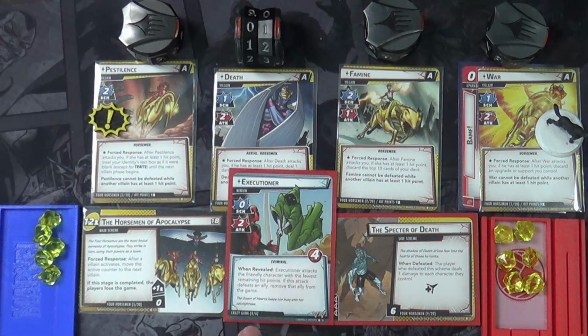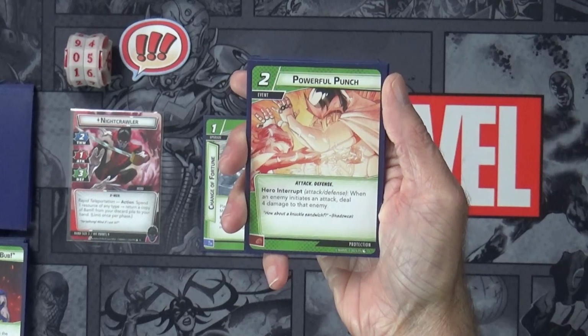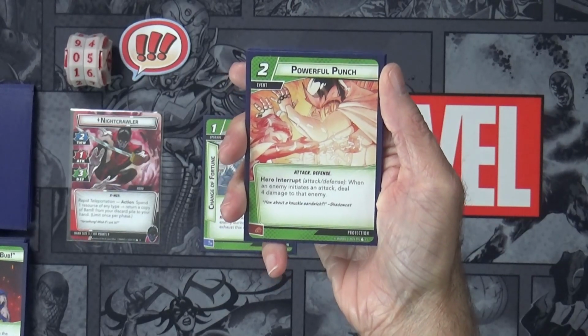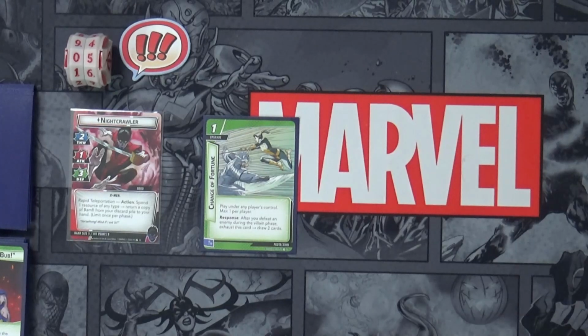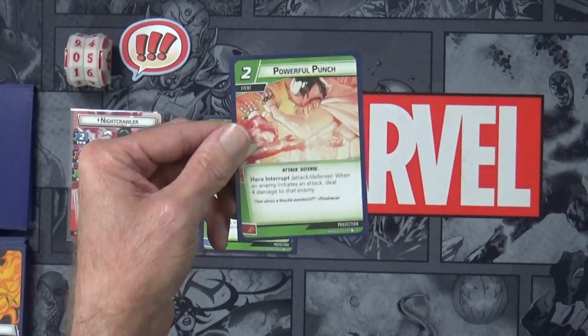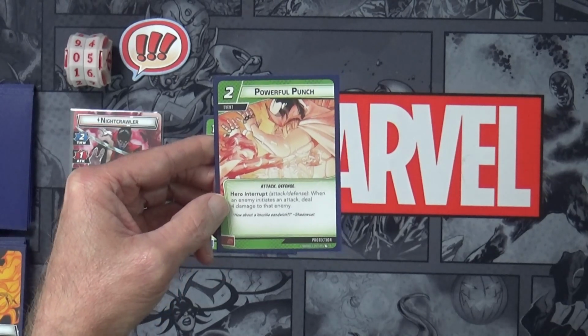So Executioner is going to attack me now. I'm going to play Powerful Punch here. It says, as a hero interrupt, when an enemy initiates an attack, he's initiating an attack against me, deal 4 damage to that enemy. So we're going to pay for that with this. It's got 2 resources on the bottom. Powerful Punch. Executioner initiate attack against me, so I get to deal 4 damage to...